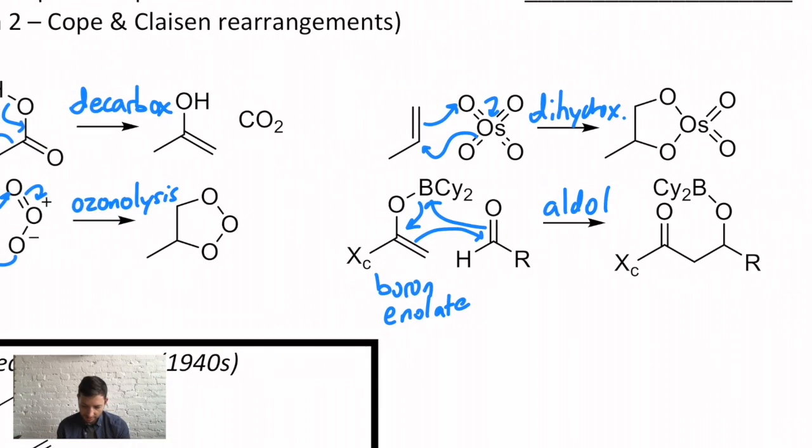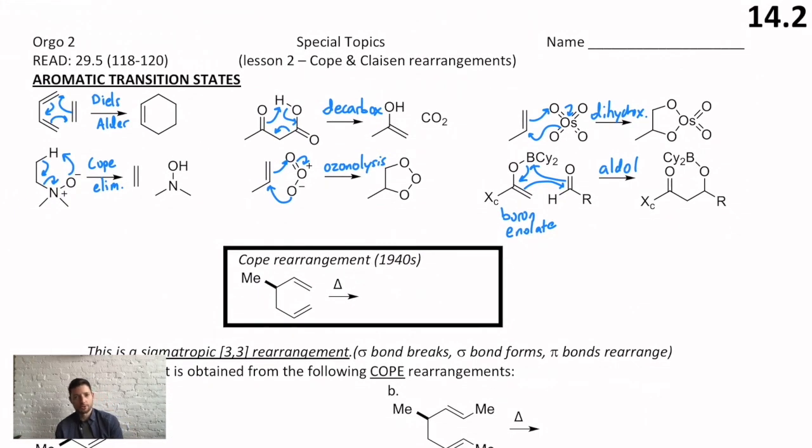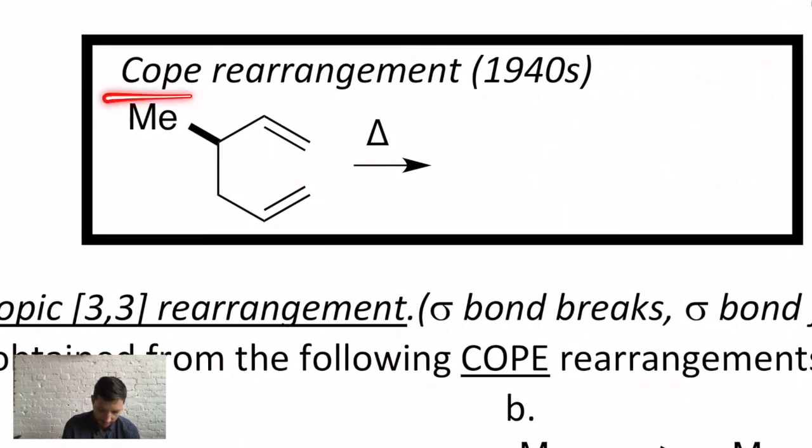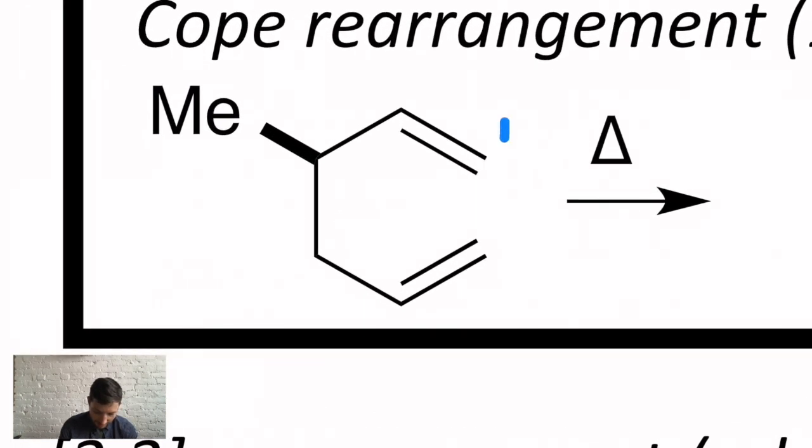So this is just to give you a sense that this is a common trend we see in many reactions, and we're going to see it today in 2 more transformations called the Cope rearrangement and the Claisen rearrangement. These are both stereoselective reactions, and it's this transition state that we used to explain this. The Cope rearrangement was developed by Arthur Cope back in the 1940s, and it involves a diene that is specifically